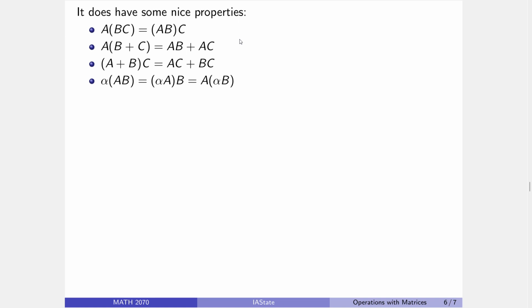Next up, and this is my favorite. This is my favorite matrix property. If you scale a product, you can put the scalar on the first matrix or the second matrix. And the fact that this one lets us pull scalars out of the middle of a multiplication,